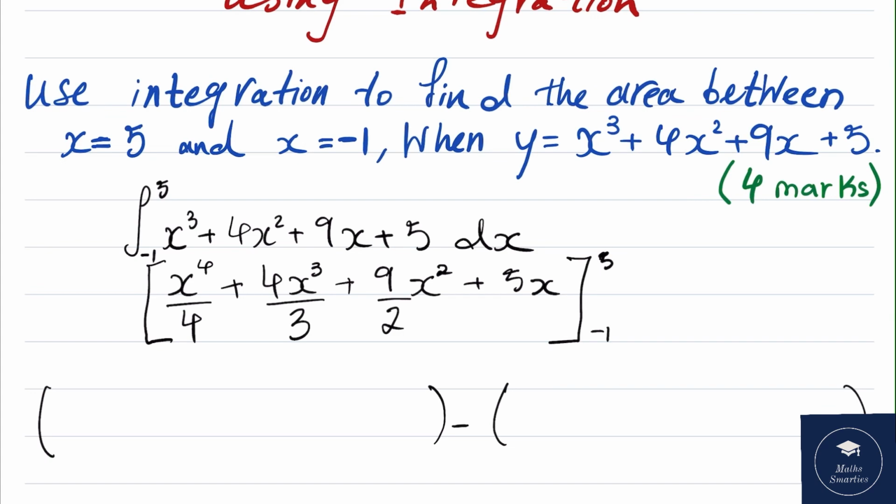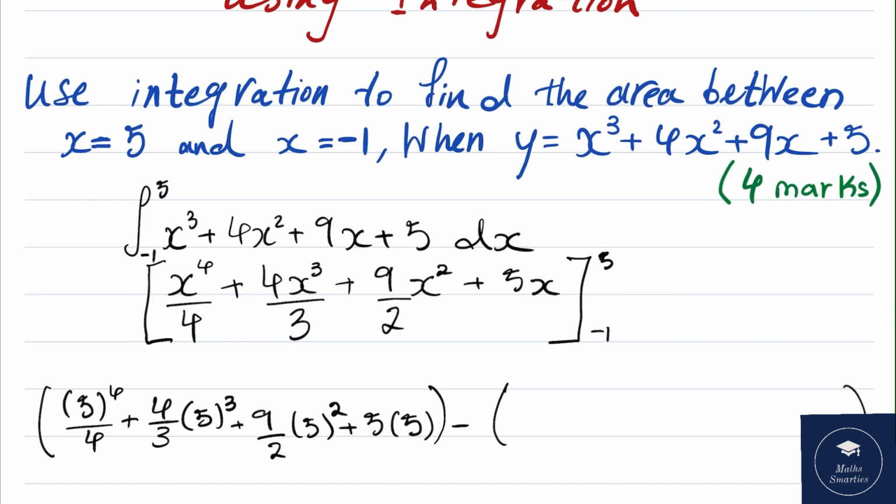So here it becomes 5 to the power of 4 divided by 4 plus 4 divided by 3 between brackets 5 to the power of 3 plus 9 over 2 between brackets 5 squared plus 5 between brackets 5, minus